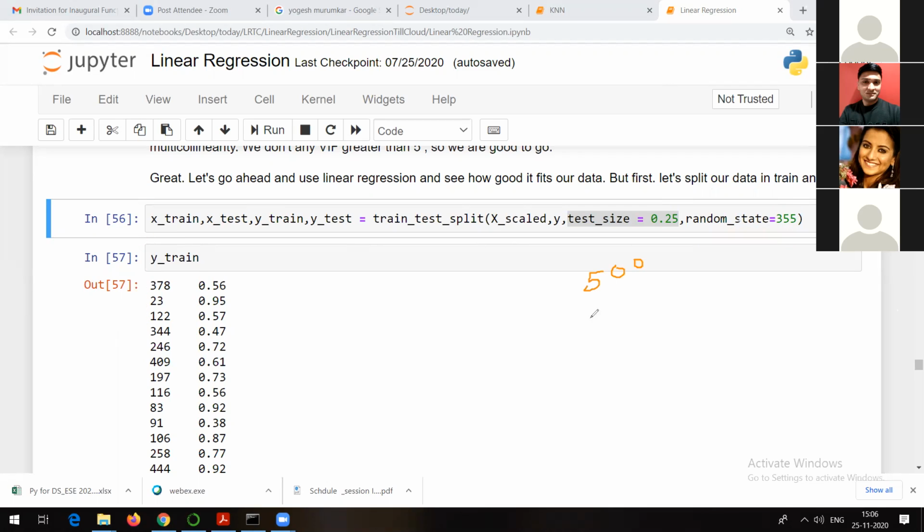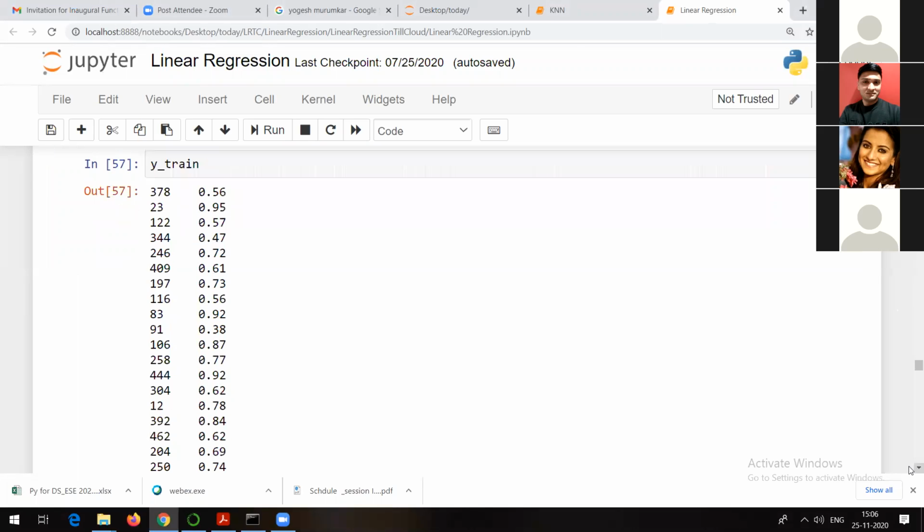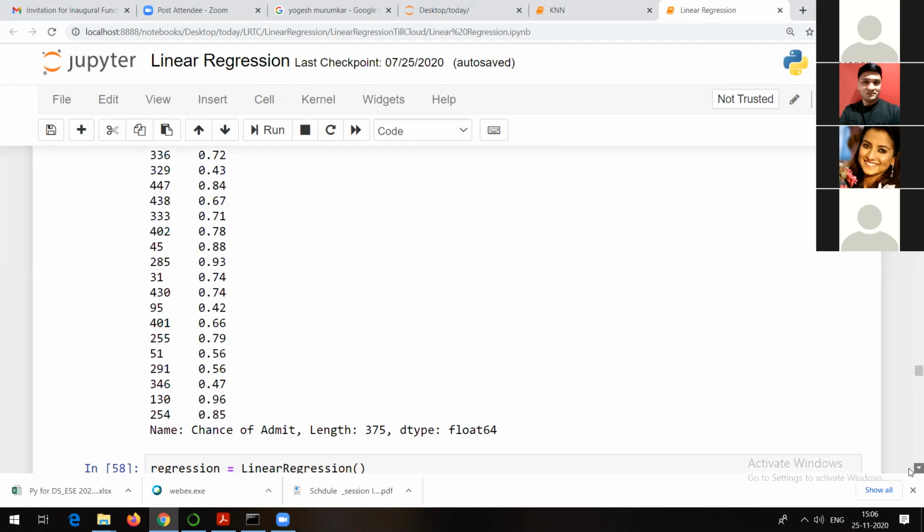If I have 500 records and I'm trying to divide my data into training and testing, so if I divide my data as 25% test and 75% training, it's not like the first 75% of data is going to be in sequence. No, it's not like that. It is random. The corresponding output for a corresponding input, definitely you will get, but everything is random like this. Because that's how it should be trained, right? So this is our output training data. And similarly, you can later try displaying the values of x train, x test, y train, y test. Whenever I say y train, as it's training data, I should get a total of 375 records, but they are random.